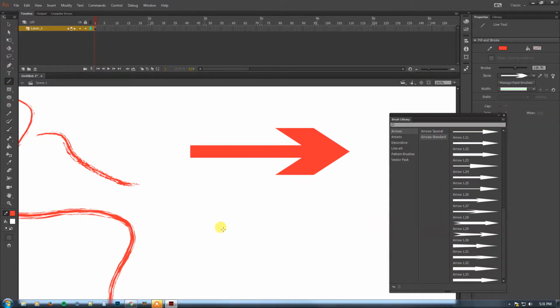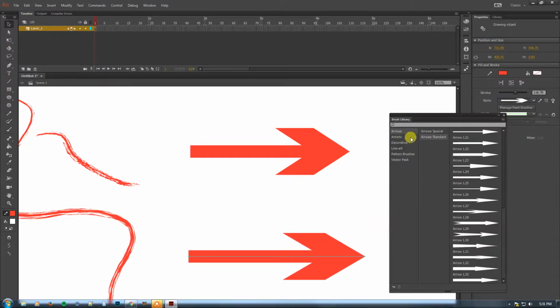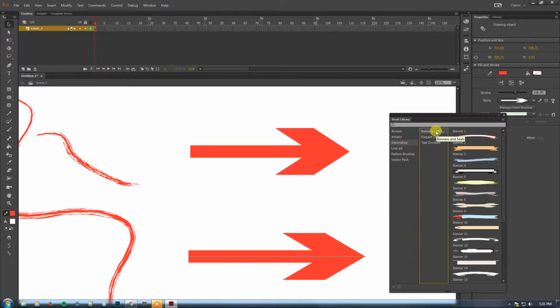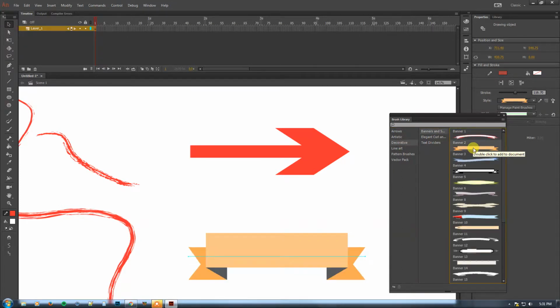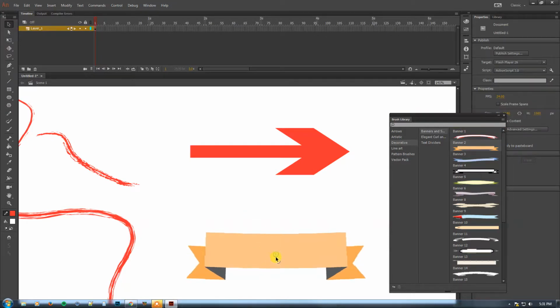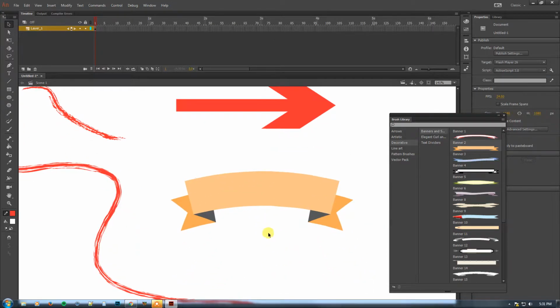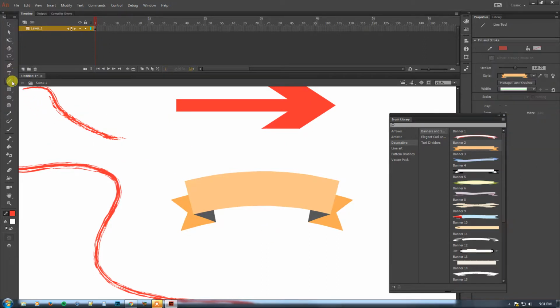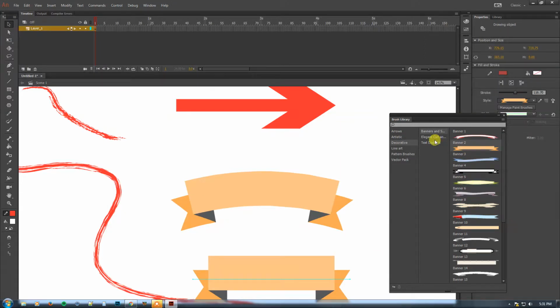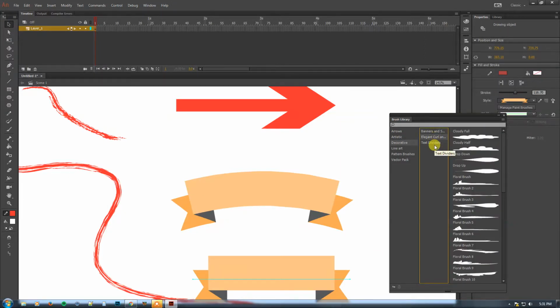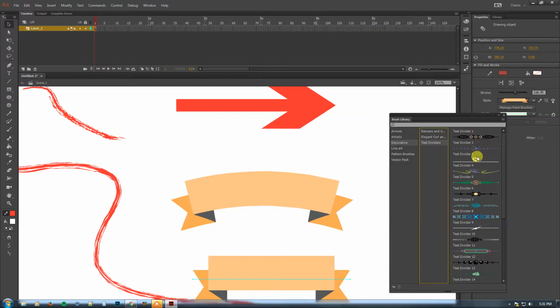The same goes for if I grab another line here. Under decorative, they've got all these banners, which can then be moved to an extent. If you squash them too much, they get a little weird. But you can see the more complicated that we get, the more it is obvious that it came from a program. These text dividers, a couple of them